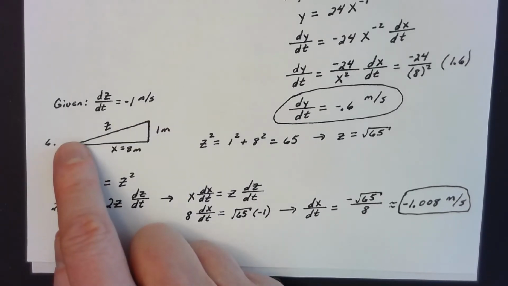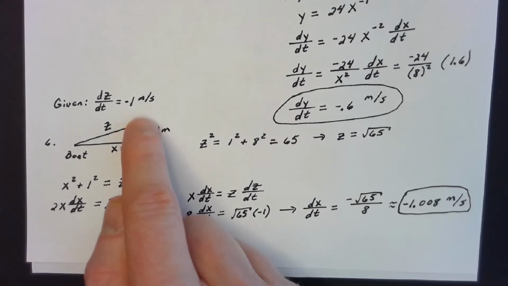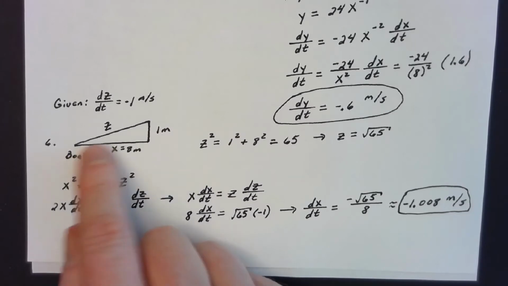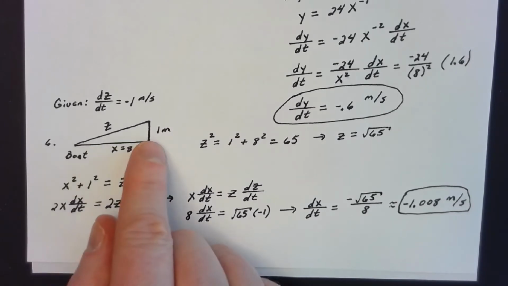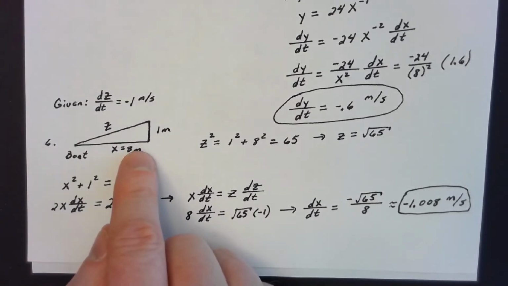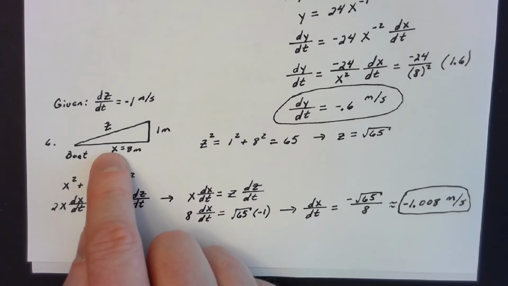That's not going to change in this problem, so that stays a constant of 1. There is no need to call that y. However, the distance the boat is from the dock is certainly changing. It's being pulled in towards the dock. Only at the point of interest is it 8 meters away,